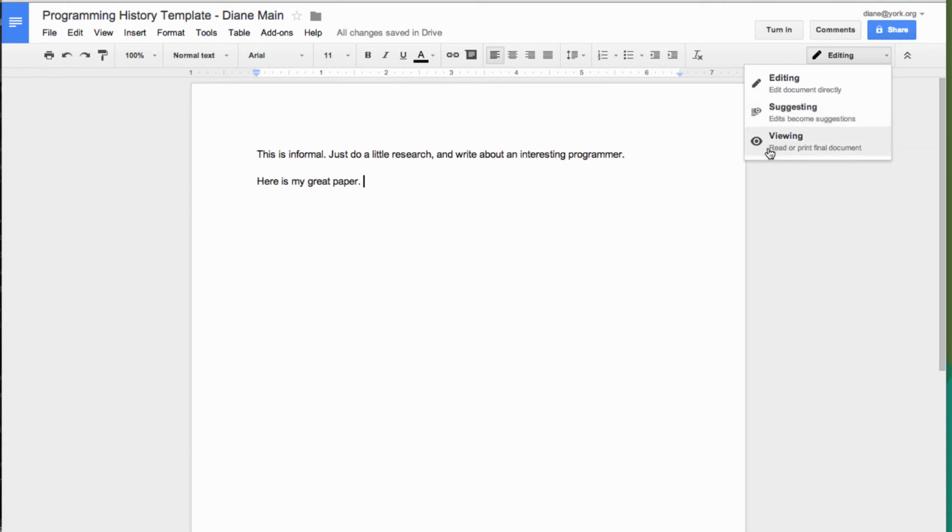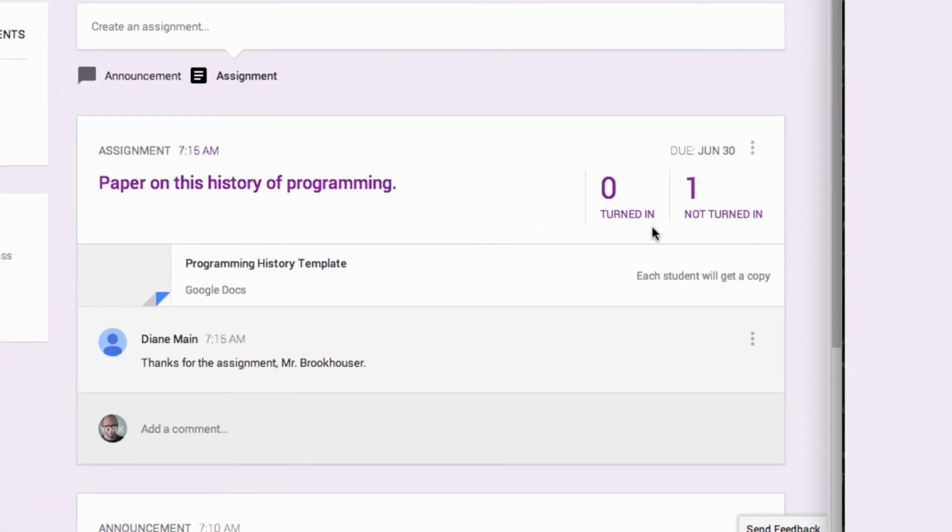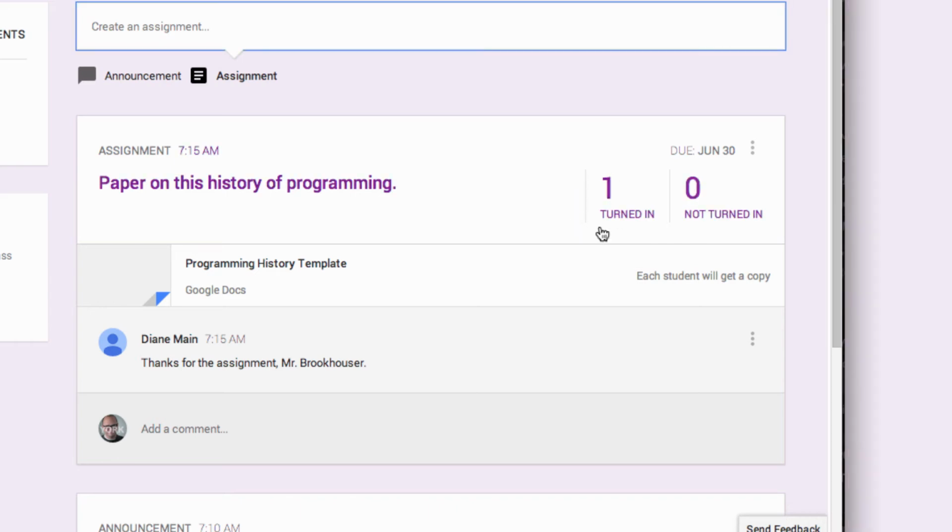And very cool. But up here it says turn in. So now that I'm done, I can turn it in. And here it goes from 0 turned in, and it says 1 not turned in. But once I click turn in, this should change. Let's see. I'm gonna hop over here, and there it says 1 turned in, 0 not turned in. And now I can go to turned in